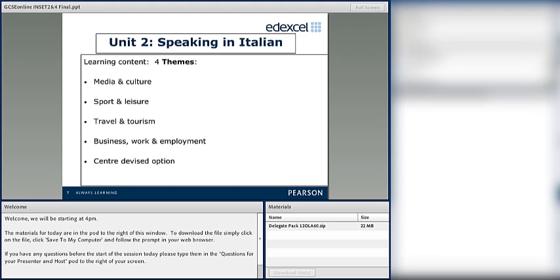So obviously you can choose one of these themes or more than one. Your candidates will have to do 2 tasks for the speaking and 2 tasks for the writing. They can all come from the same theme, or you can use different ones. There's no rule, so you can go for depth or you can go for more variety. It's entirely up to you.